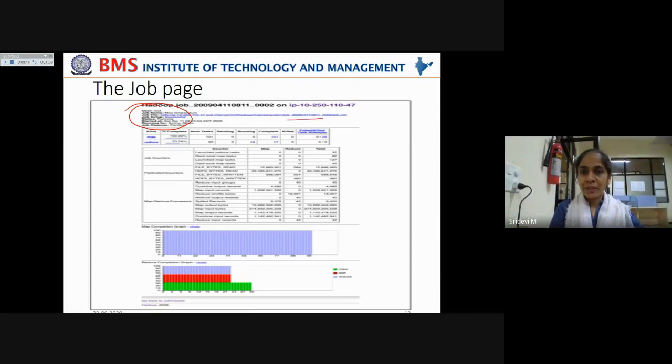Understand this carefully. This job file is a .xml file. It is a configuration file which tells you what properties are set with what values for this particular instance of the job. That information will be given in the job file. If you want to see for this job what properties are set to what values, then you can just click on this link. It will open the .xml file and you can see all the configurations and their properties.